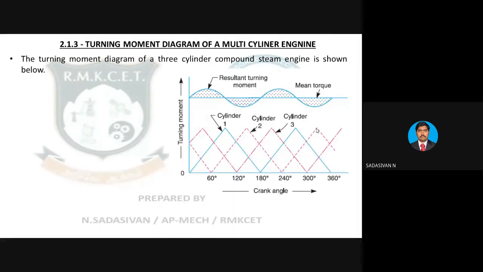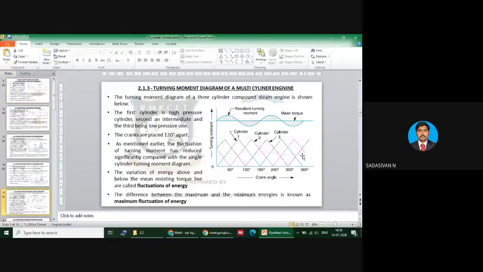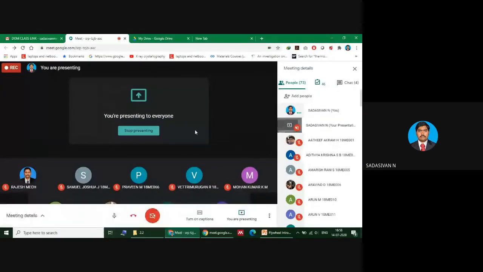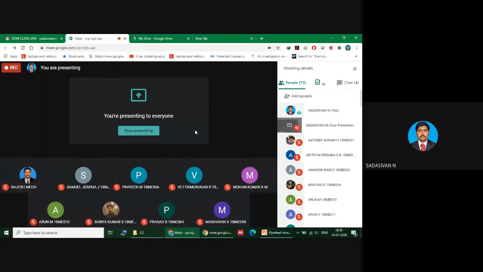If I go for a multi-cylinder engine, for example, this is a 3-cylinder engine. Now, a very famous example of a 3-cylinder engine automobile. Can anybody give me one? Anyone online? A 3-cylinder automobile, a very widely used car in India. Anyone? It's the most sold car in India. Which is the most sold car in India? Nobody knows.